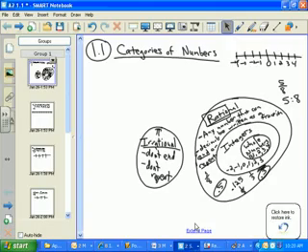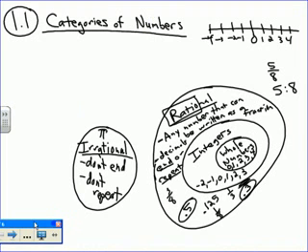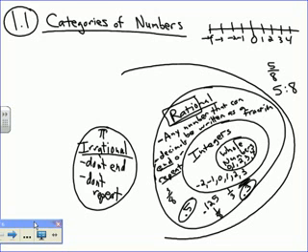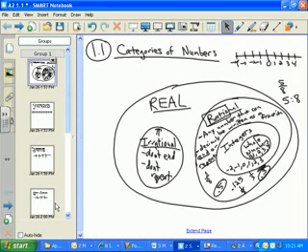Okay, so let's go back to our notes. Now we'll talk more about this later. I'm just going to have you write it down so that you have it. The club or the branch or the category that includes both of these. So you can do one more category, and that's real numbers. We're going to talk in Chapter 5 about imaginary numbers, but I know that doesn't make sense now. It doesn't have to. But mainly what I need you to know right now is to have clear the difference between rational and irrational. Okay? So what I'll do is